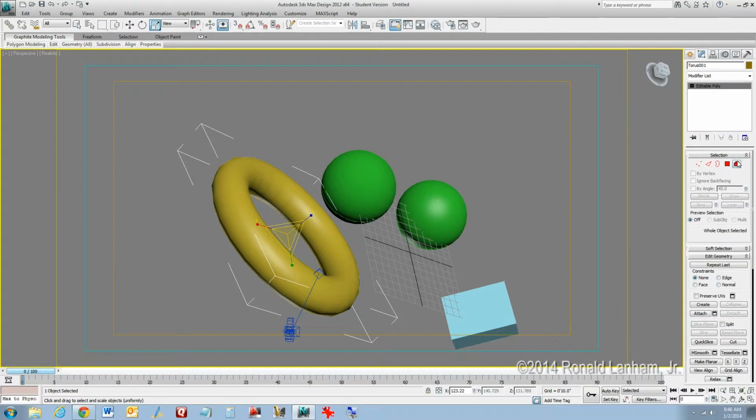Now this torus is an editable poly, and there's our quad. Okay, and they're broken down: tools 1, tools 2, display, transform. It gives you quick access to the tools that are over here in your modify panel. Okay,